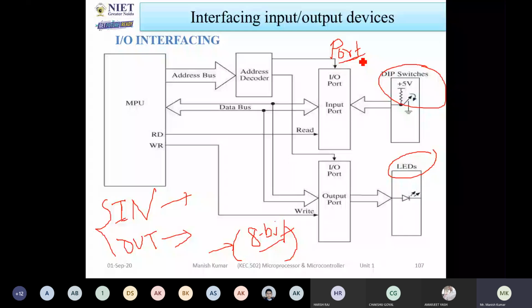So now you can see these are the input devices and these are the output devices. First I will think about the input devices. Input devices means that it will take the information from the devices to the processor, like this way. In the output devices, the information is sent to the other devices by the processor, meaning from processor to device. Okay, so this is a difference.